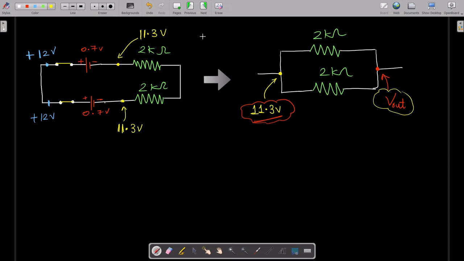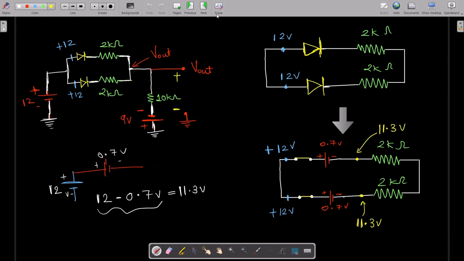To understand this particular part, let me explain it again. Let's go step by step. We do not need to hurry. We will learn everything in an easy way. So this is how your circuit will look. We understood that 12 volts is coming to the anode of the diode, and the diode is in forward bias, because we saw that negative 9 volts is connected over here. So up till now it is good.